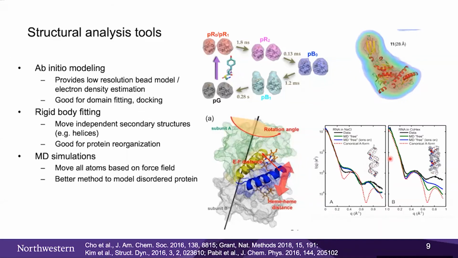But before we do that, I want to do a short survey of structural analysis tools people are using here. For example, if you use ab initio modeling, you can have a low resolution representation based on the scattering pattern, which in this case is the PYP, right? And you can see that there is a tail or a head. I'm not sure of the proper terminology here. That shows you there are structure changes in the protein.